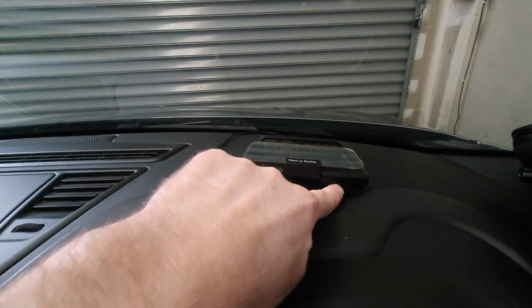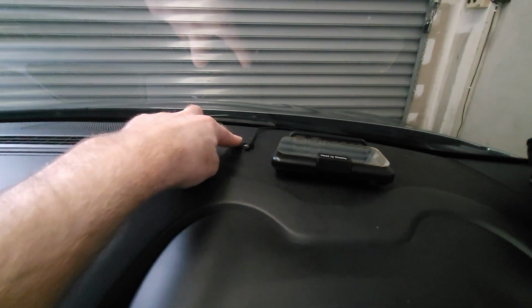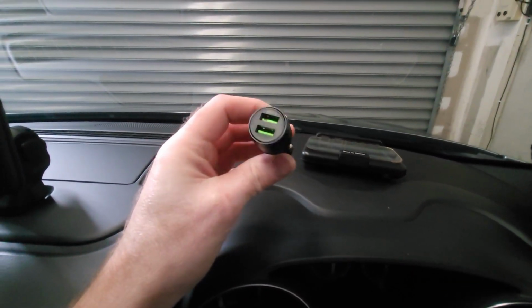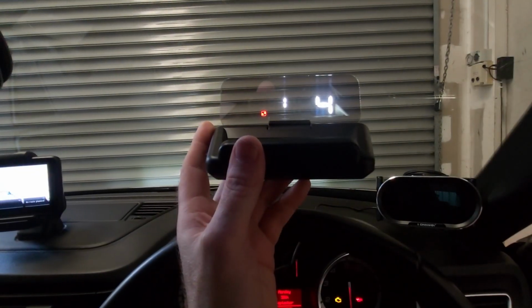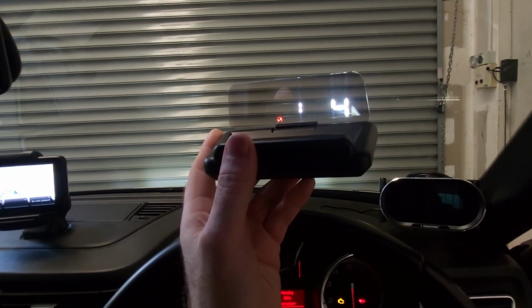You just plug the supplied mini USB cable into the mini USB port here. You can see I've got it up here. And then you just plug the other end of that into a USB adapter and then plug it into your cigarette lighter socket. As for the functionality, this GPS version can read and display your current speed, your travel time,